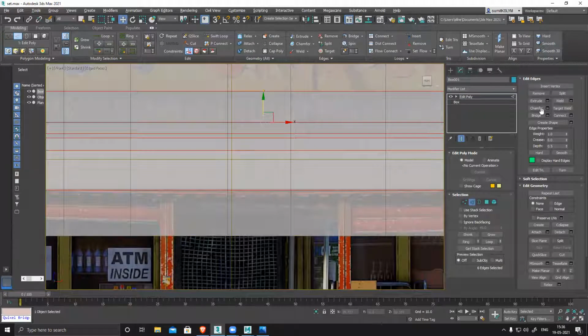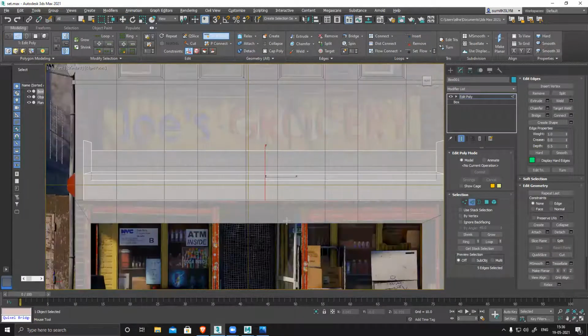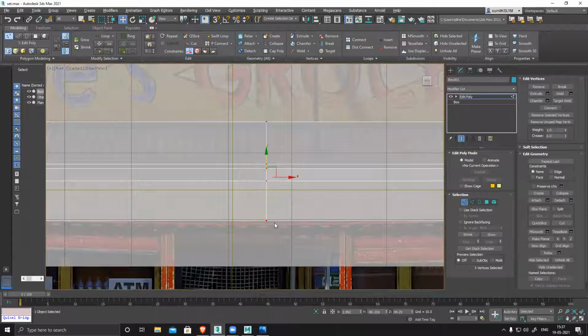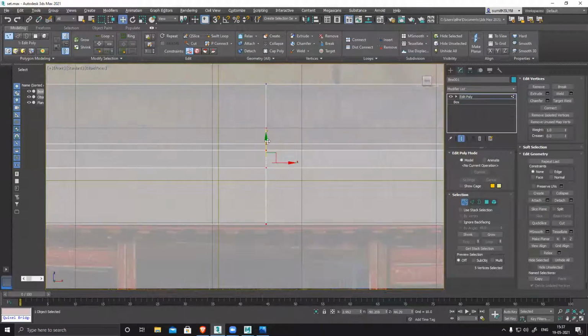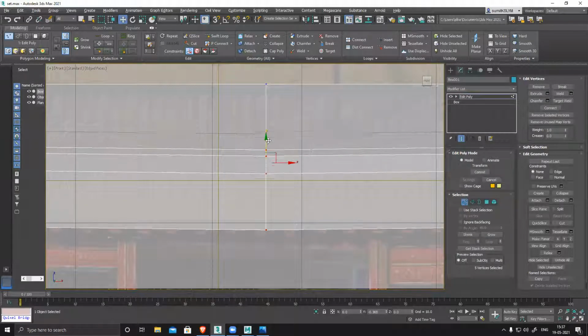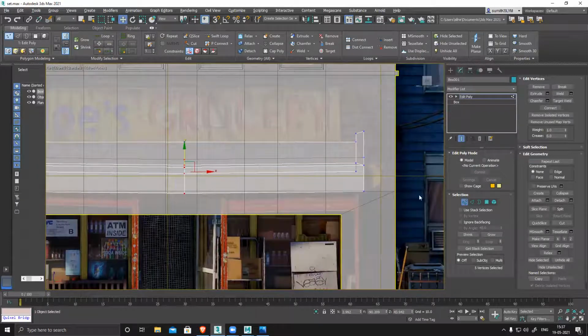Select all the edges. Or if you want, you can apply a swift loop also. And after selecting this, except this, I'll select everything and bend it slightly. See, so I got this slight bend effect.